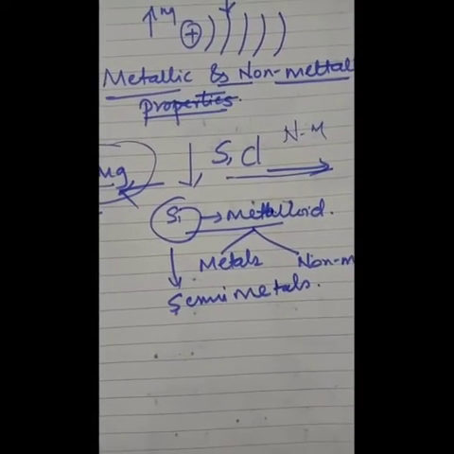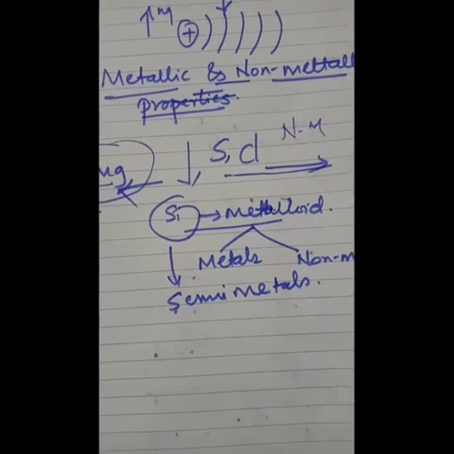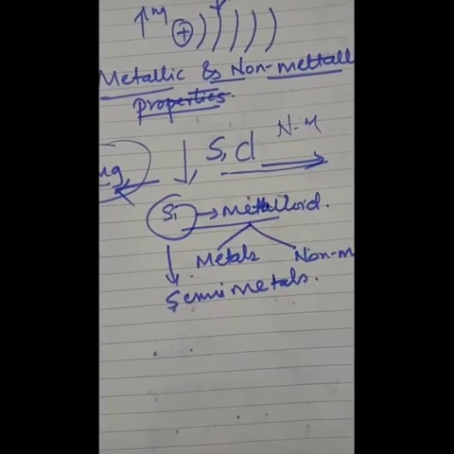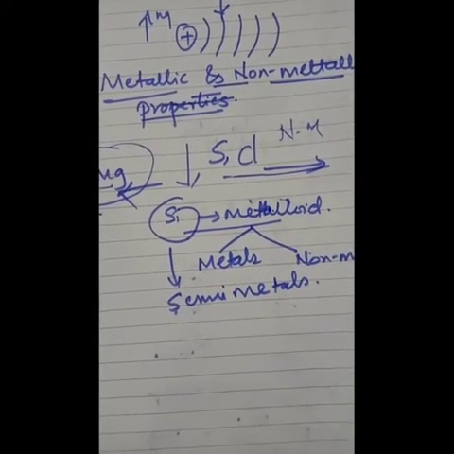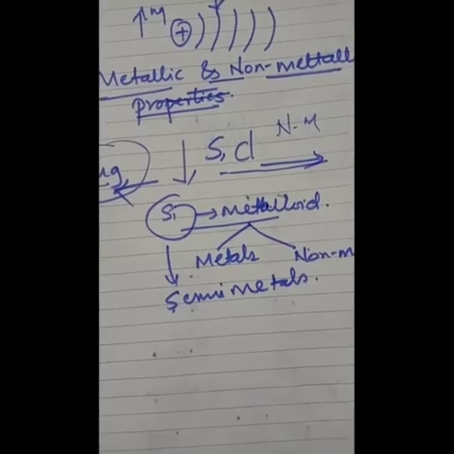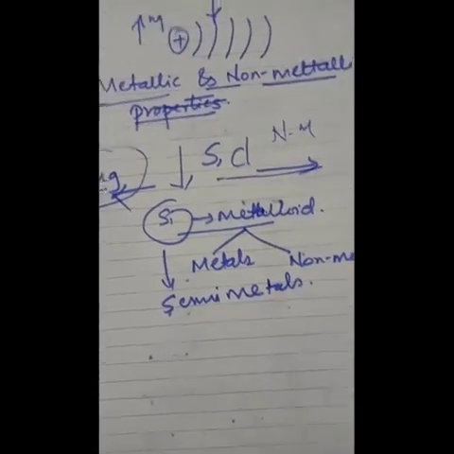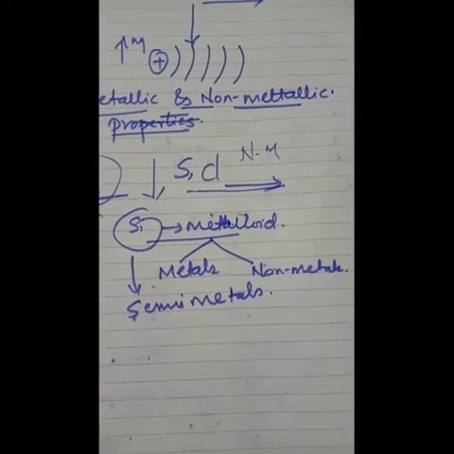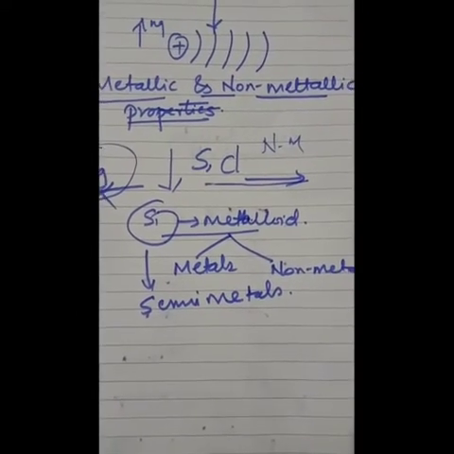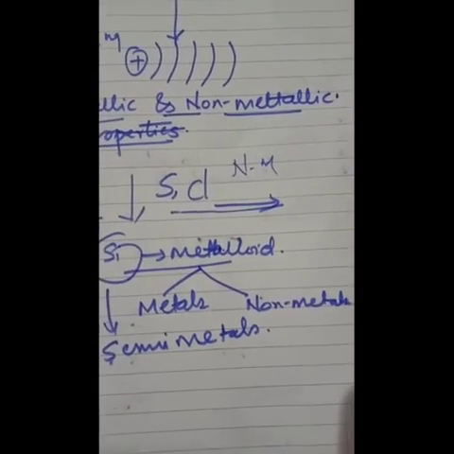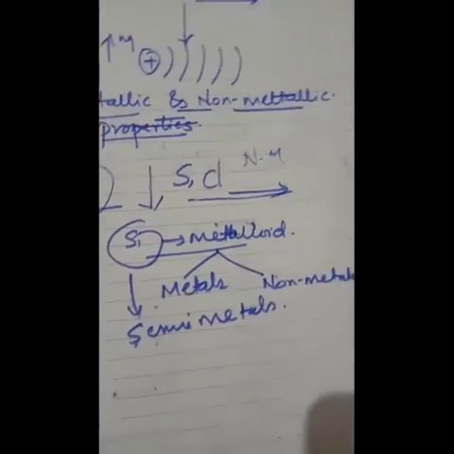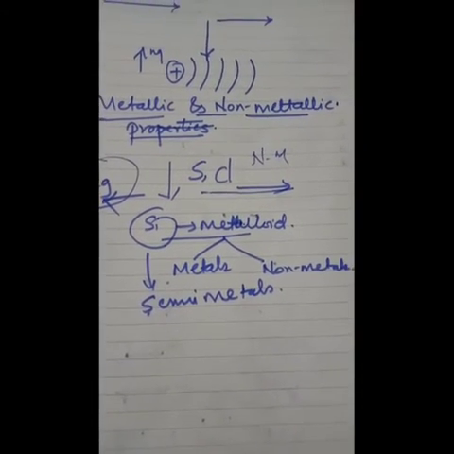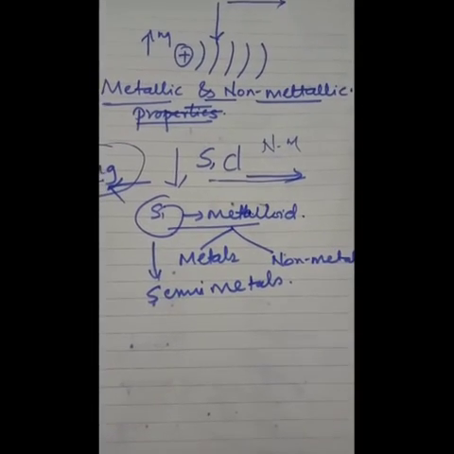In chapter 3 you have learned that metals tend to lose electrons while they form bonds, so that is said to be electropositive in nature. The effective nuclear charge acting on the valence shell electrons increases across the period, and the tendency of losing electrons decreases down the group. The effective nuclear charge experienced by valence electrons is decreased because the outermost electrons are farther away from the nucleus, so they can be lost very easily. Hence metallic character will decrease across the period and increase down the group.